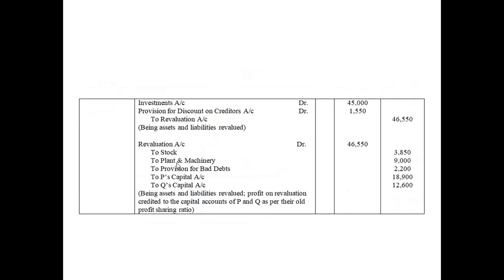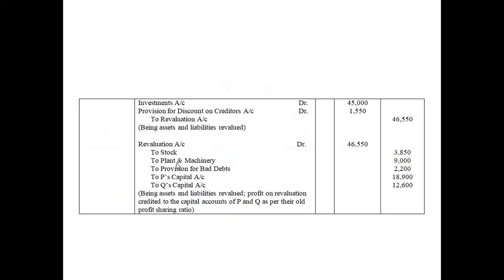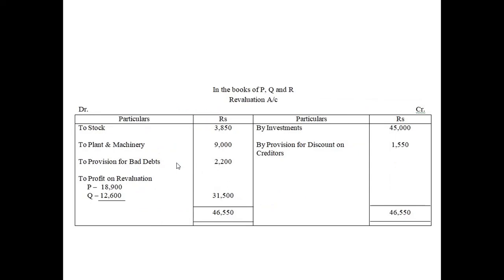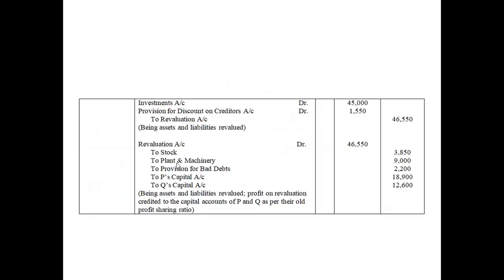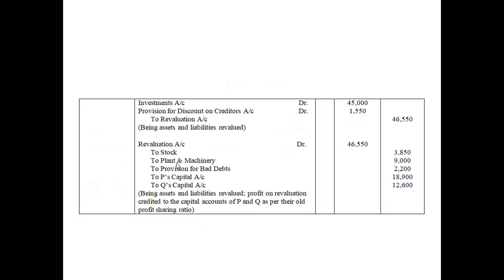Now you can see here that investments is increasing by 45,000, because the new value of investment should be 60,000, okay. So previously it was 15,000. So now the amount of investment is increasing, okay. So this 45,000 we can see clearly in the revaluation account, okay. You can prepare journal after the preparation of revaluation account also, okay. It will be much easier for you, I think. But if you are comfortable with making journals before, then you can proceed, okay.